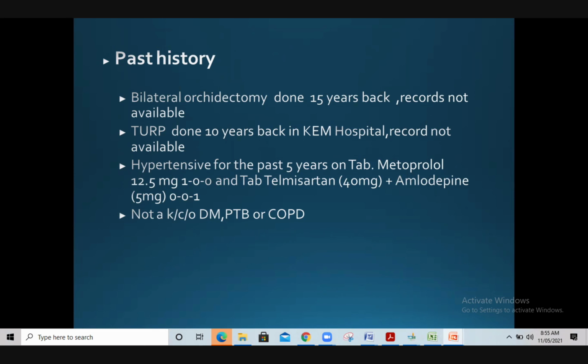Ask them, was he in retention of urine? What is the specific criteria you would like to ask? In the past history, what question would you like to ask? The TURP was done. This is the thing you would like to know, which gives you further information which you can act upon, rather than just retention, or poor flow for which TURP was done. There must be something else.